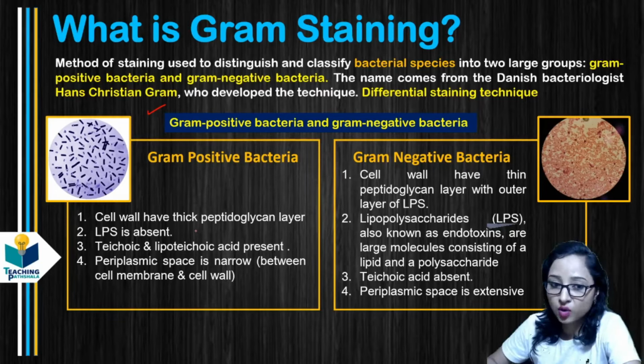So first of all, the gram positive bacteria have a cell wall made up of thick peptidoglycan. So there will be a thickening of peptidoglycan. And in the gram negative bacteria, there will be a thin peptidoglycan layer. Also there is one additional layer known as LPS, that is lipopolysaccharide. What is this lipopolysaccharide? From the name only we can easily say that there is lipo, meaning lipid, and polysaccharide, meaning sugar. So the outermost layer of the gram negative bacteria consists of lipids and polysaccharide, that is, sugar.